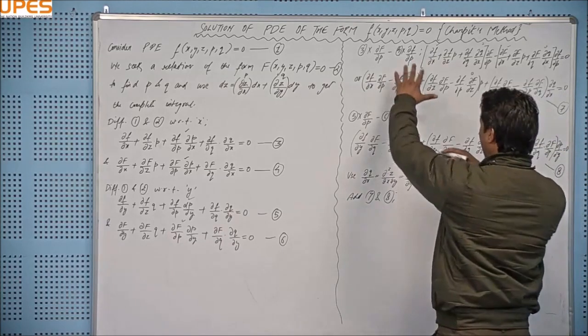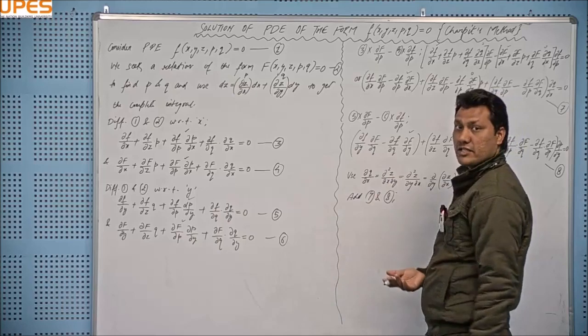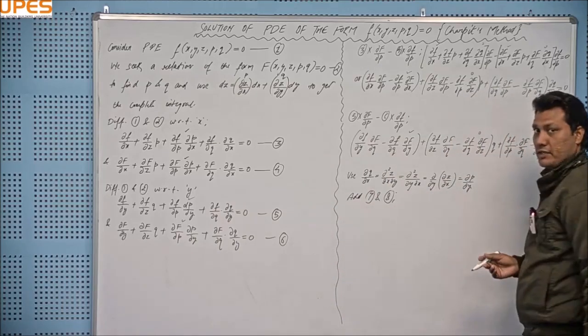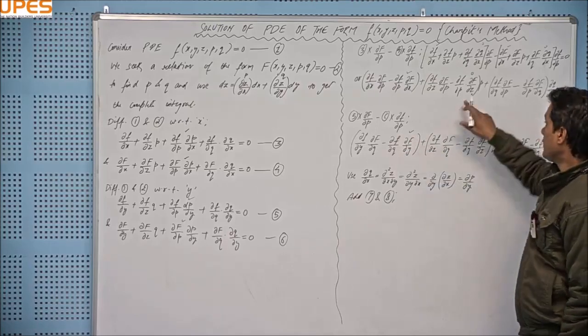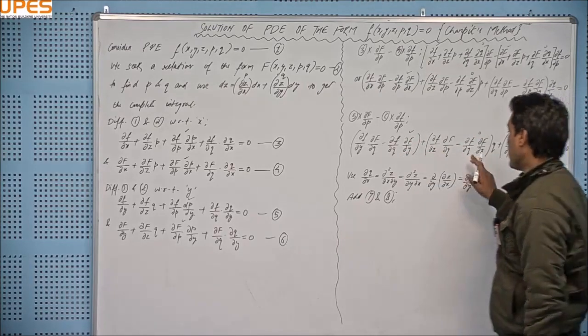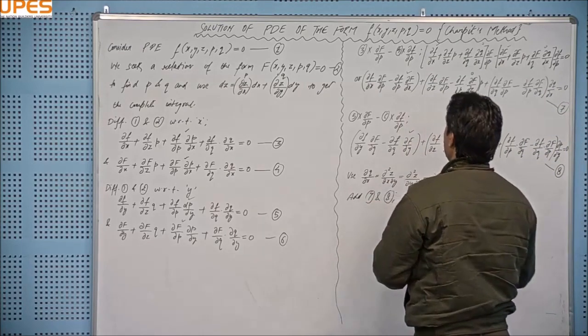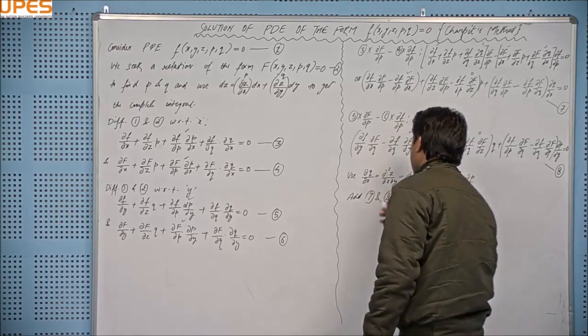The first term will be after adding them and rearranging them. I don't want to write everything here, so do some calculation in your mind. First term will be this term, second I will write this, and third this. Then we will see the next terms. I will be adding the 7th and 8th and rearranging them and writing the first term